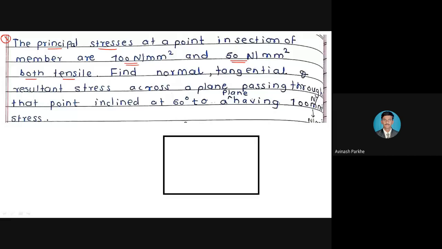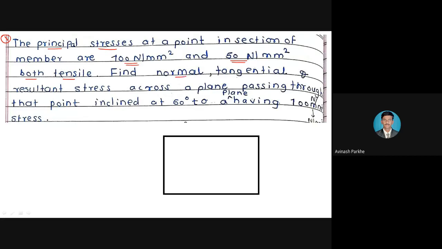Okay, that means the sigma x value is given and the sigma y value is given. I have told you, if they have not mentioned which will be sigma x and which will be sigma y, always take the maximum value as sigma x and the minimum value as sigma y. If the statement mentions which is sigma x and which is sigma y, sometimes sigma y can be more than sigma x, but in 90 to 95% of problems sigma x is greater than sigma y. So both stresses are tensile.